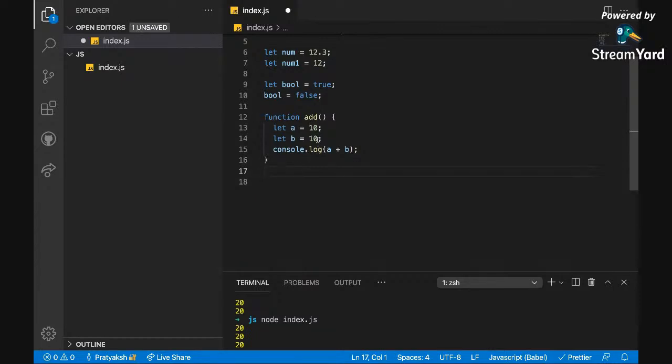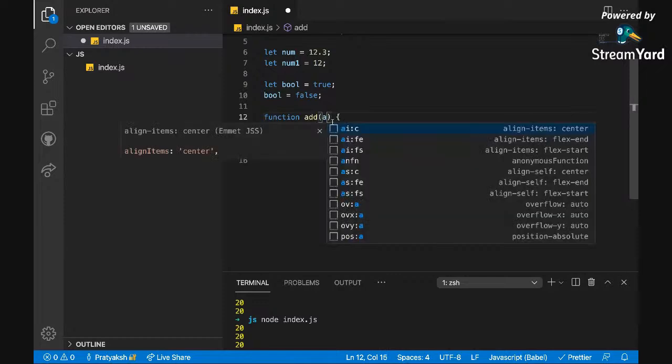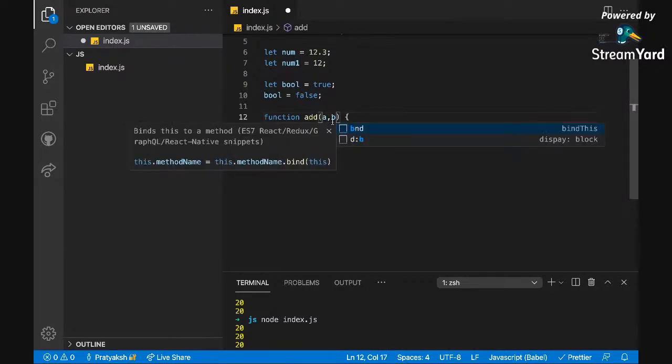Now let's talk about this parenthesis a little bit. It's not every time that you are going to add two values where a is 10 and b is also 10. There's a case where your user will give the values at that very moment, and those are the values you need to add. So in JavaScript, in this function, you can say I'll get a variable called a, and a variable called b.